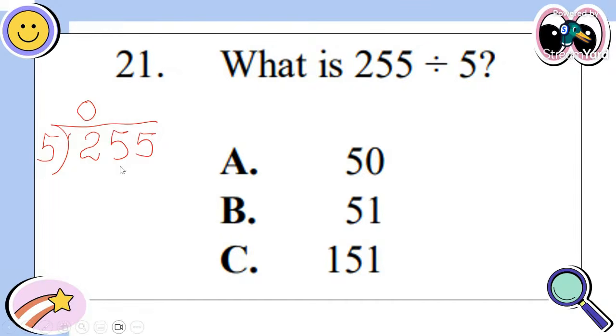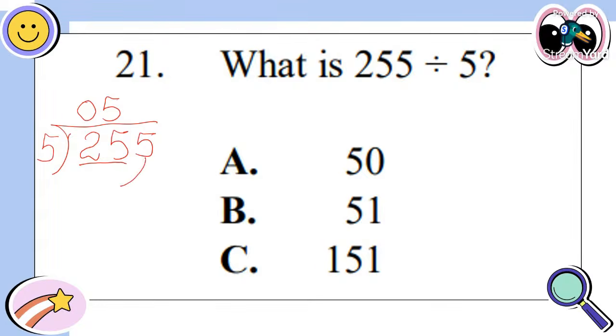We move on to the next digit, and then we'll say, can I get a group of 5 from 25? How many groups of 5 can we get from 25? If you were to draw 25 strokes, how many groups of 5 will you be able to make? Yes, Shanieka, good job. Michaela, Ramon, yes, we'll be able to get 5. So we have used 25.